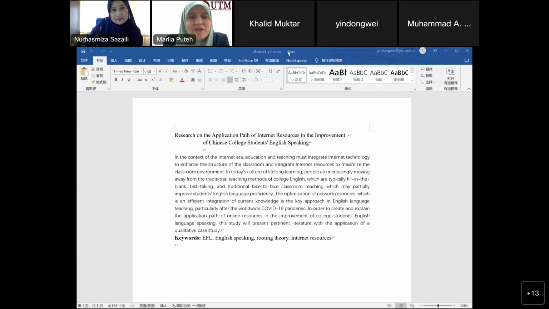Methodology here, of course, if you are using a questionnaire. Like Khalid's paper just now, he mentioned that there is no data because he is reviewing. So that takes a different kind of paper altogether. But this is the normal preliminary research that you have conducted in the context of your research study.